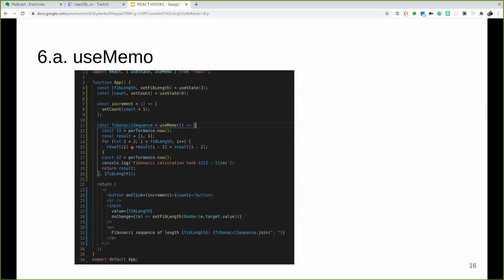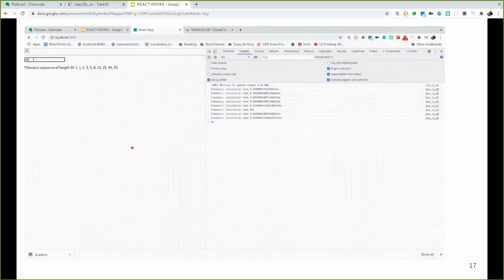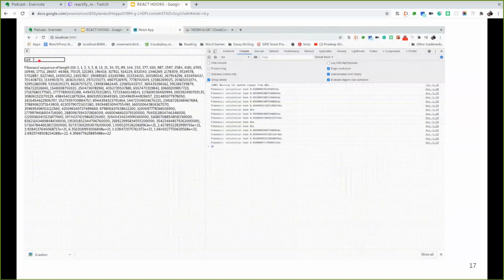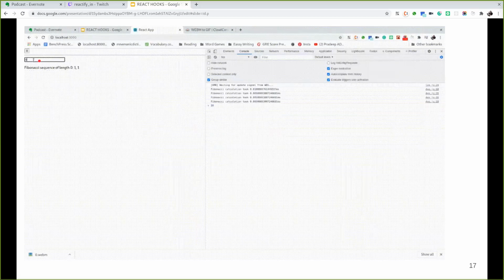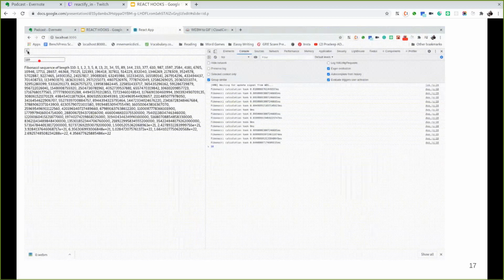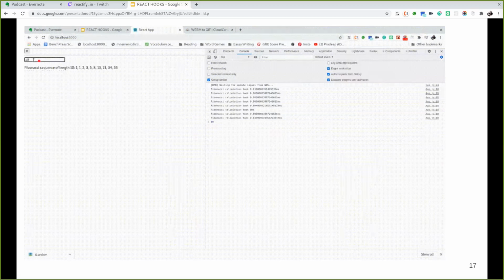So essentially, whenever we are typing in the input box, only then will the Fibonacci calculation happen. But whenever we do actions on the parent component, such as a button click or anything else, it won't rerun the Fibonacci calculation, and hence optimizes the performance.